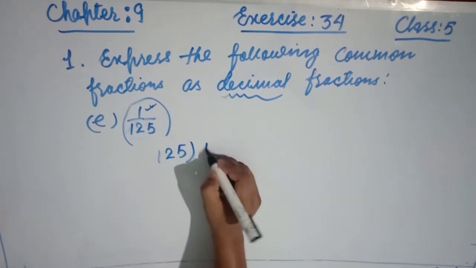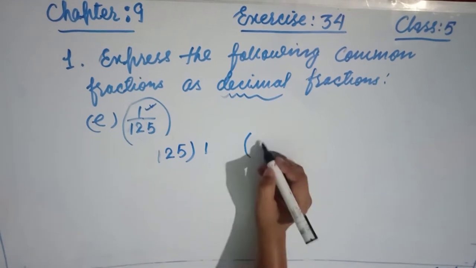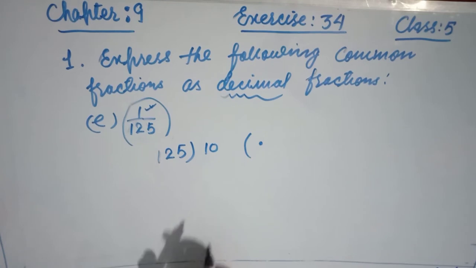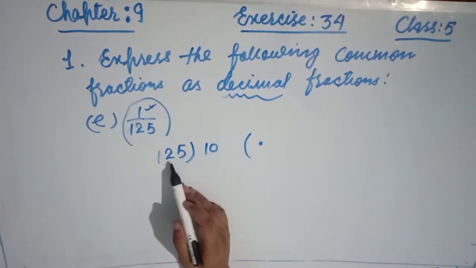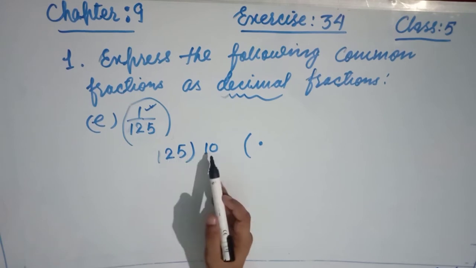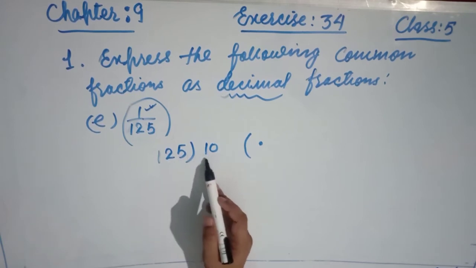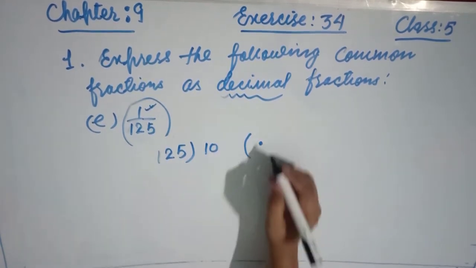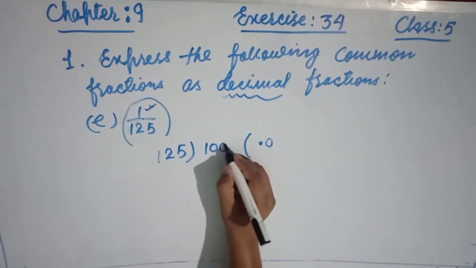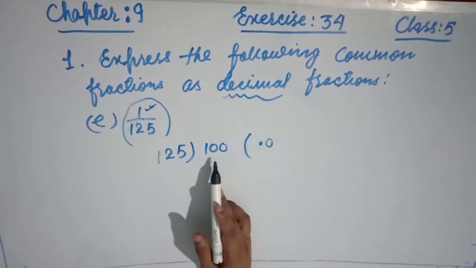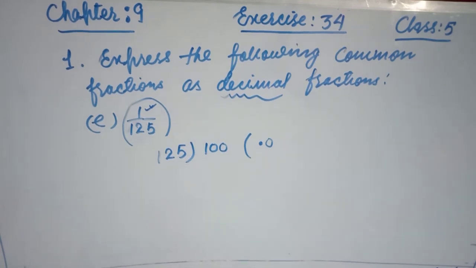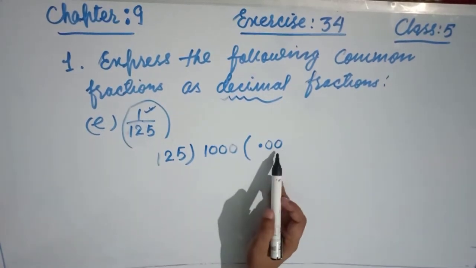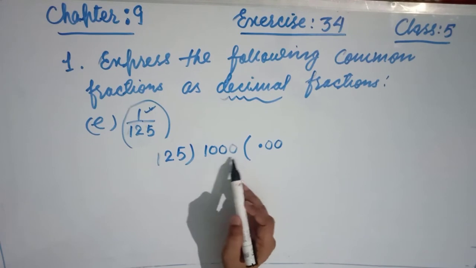So now I start, friends. 1 is divided by 125. Now friends, see, place the decimal here. Here is 1 times 0. Okay, now this is less than the divisor, so the divisor should be equal to or less than the dividend, but here the dividend is less than its divisor. Now once again place the 0 here, also 0. Even 1 becomes 100, so 100 is still less than 125. Once again we have to place the 0, then proceed. So now friends, see, if you place here 1 0, here also 1 0, this became 1000.